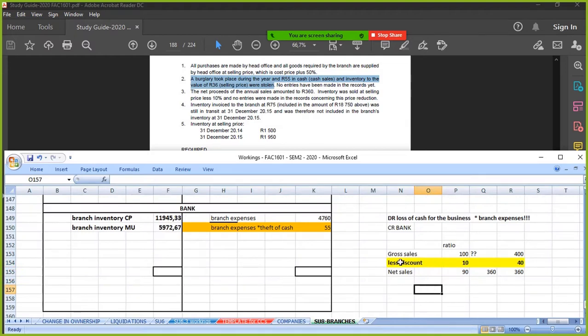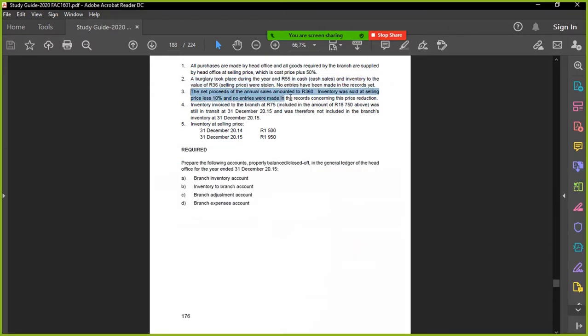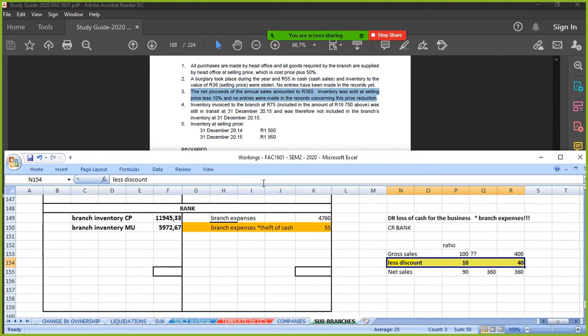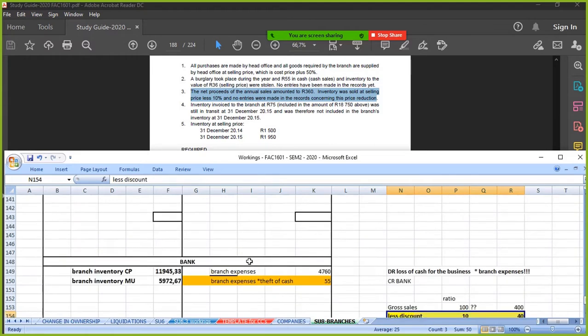Yes. Okay, they said no entries had been made. They tell you that the net, let me just highlight this so we've got it, and let me go back. They tell you that the net proceeds of the annual sales amounted to 360. Fine. That I know is the net. I've got the net. I had to do mathematics here to get the gross. The inventory was sold at selling price less 10%. That's fine. So if I go back up,